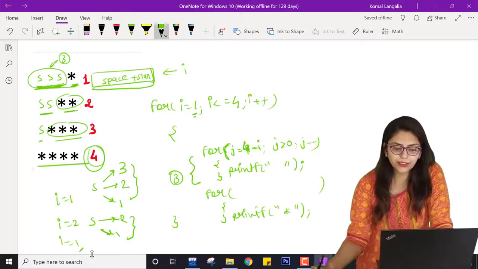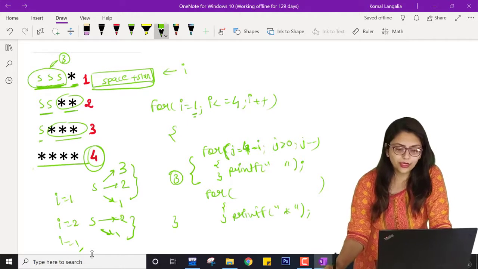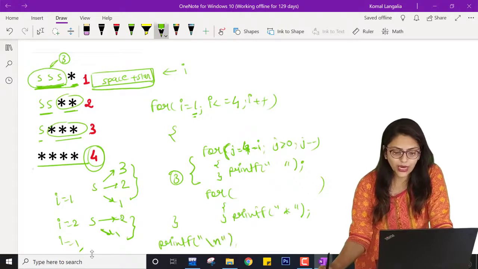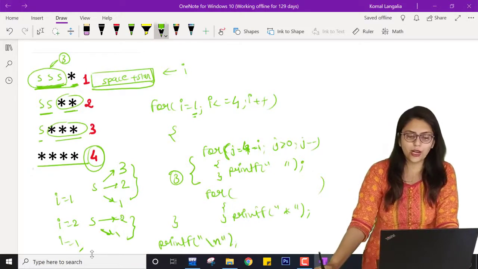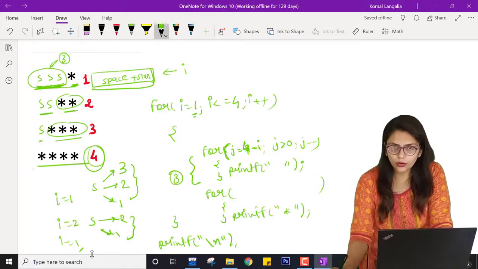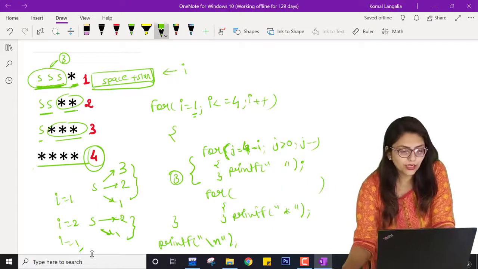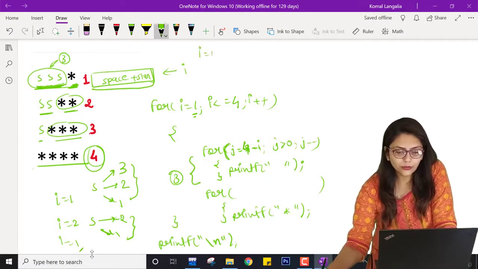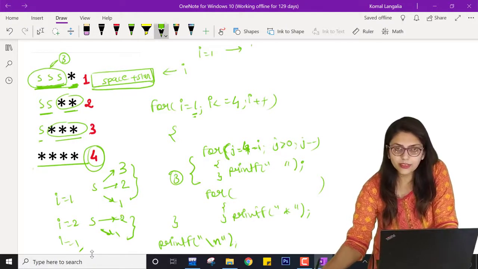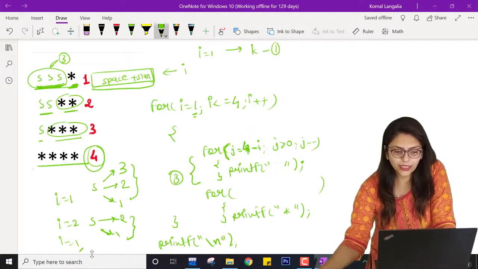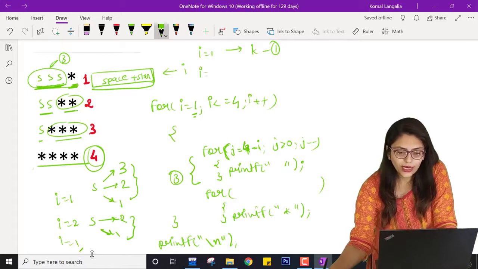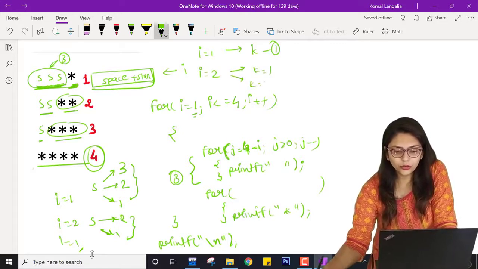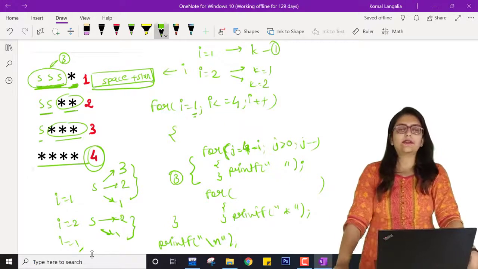So after it prints space, it is not going to go to a new line, because the new line will be here, right, in this I. So the new line will be here in the ith loop. In the jth loop we are not going to use a new line. In between the jth loop and kth loop we are not going to use a new line. So in a similar way it is going to print star. How many times? So I know that for I equal to 1, a star is printed 1 time. So the kth loop is executed from 1. For I equal to 2, we are printing 2 stars. So k's value will be 1 and 2. Similarly, for I equal to 3, k's value will be 1, 2, 3.